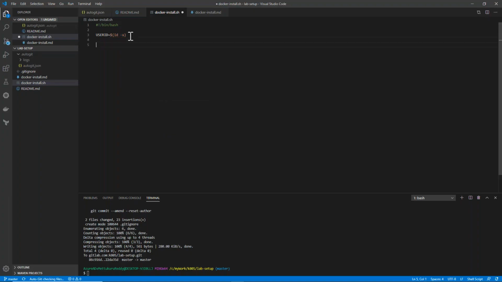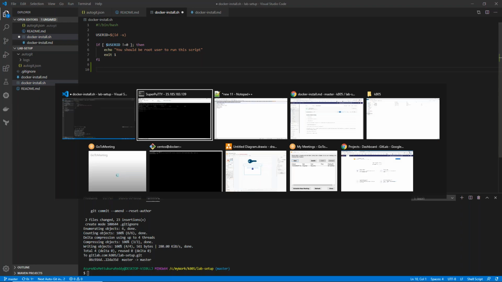So simple if condition, if the user ID is not equal to 0, then you should be root user to run this script. If you are not aware, just try to understand. Don't scare. You can understand easily in future sessions. Just go and get some shell training tutorial. I will tell you later.